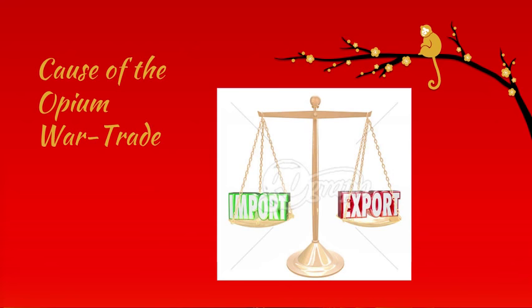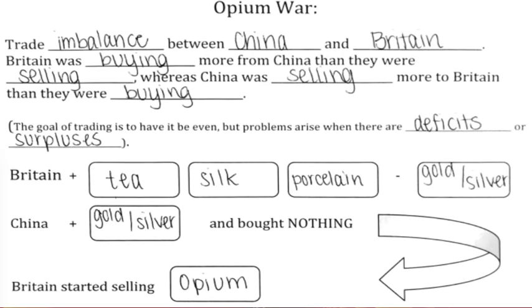So pause it at this moment if you need to go back and replay and listen to the information. Here's what you should have had. Now, once China was happy with the gold and silver, and Britain realized that China was not going to be flexible in deciding on different terms for what they could give each other, Britain started selling opium